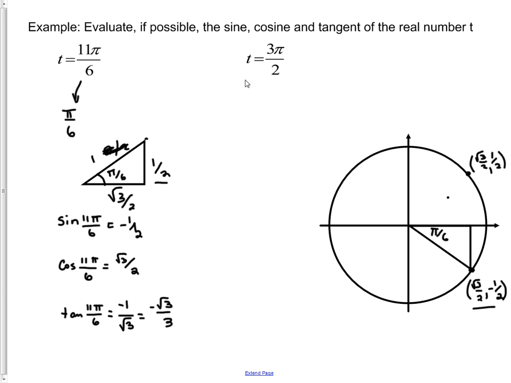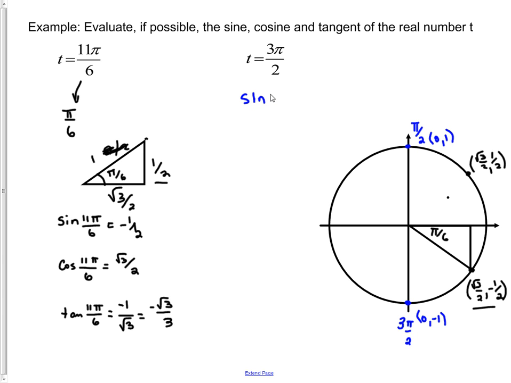All right, what could we say about 3 pi over 2? Well, 3 pi over 2 is way down here. The nice thing about 3 pi over 2 is that it has a coordinate of 0 and negative 1 this time. That corresponds to what we had going on up here at pi over 2. If you remember what happened there, where we had coordinates of 0 and 1, we were able to find a sine